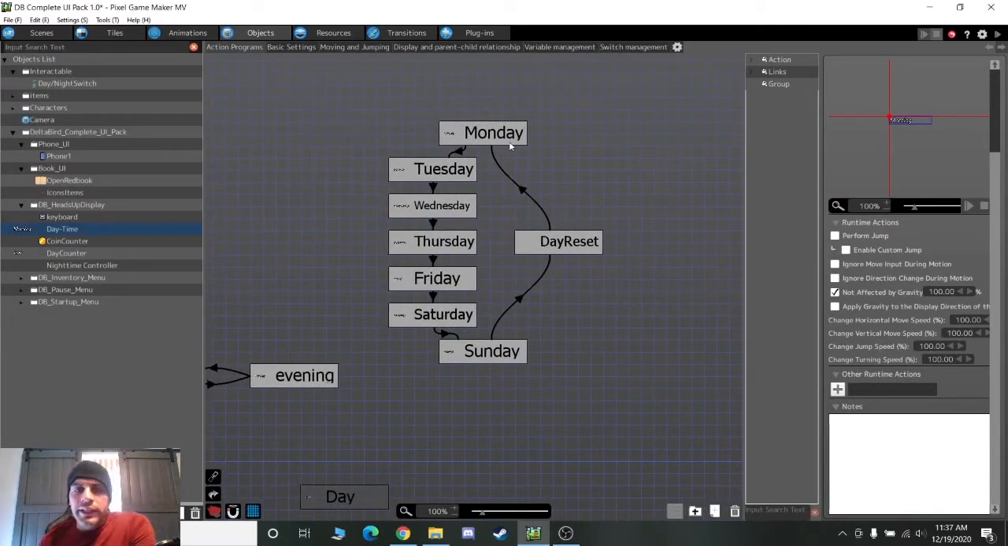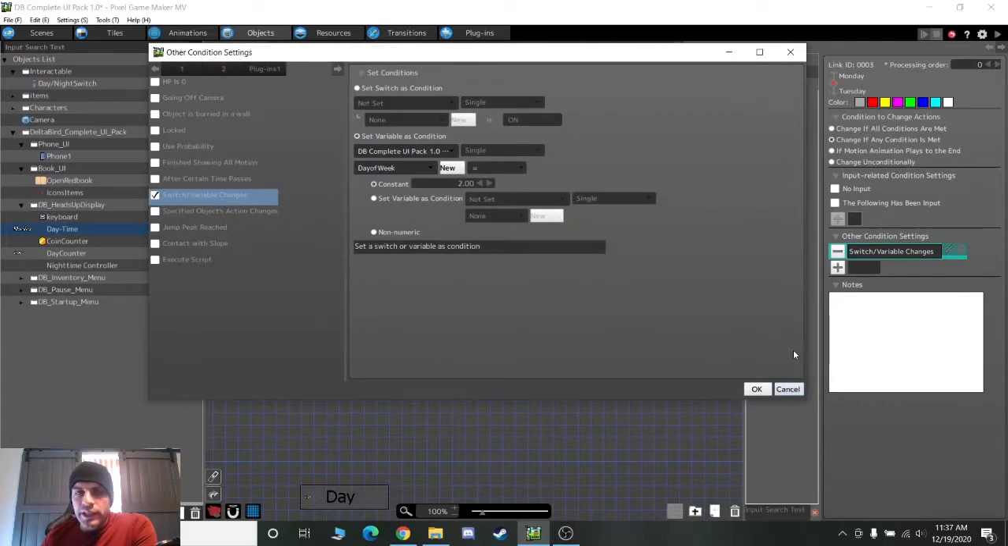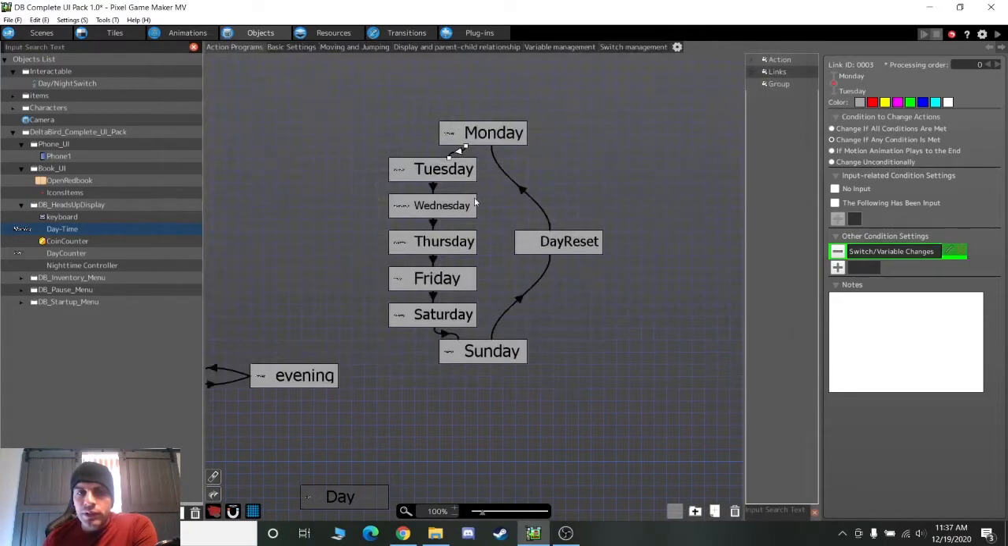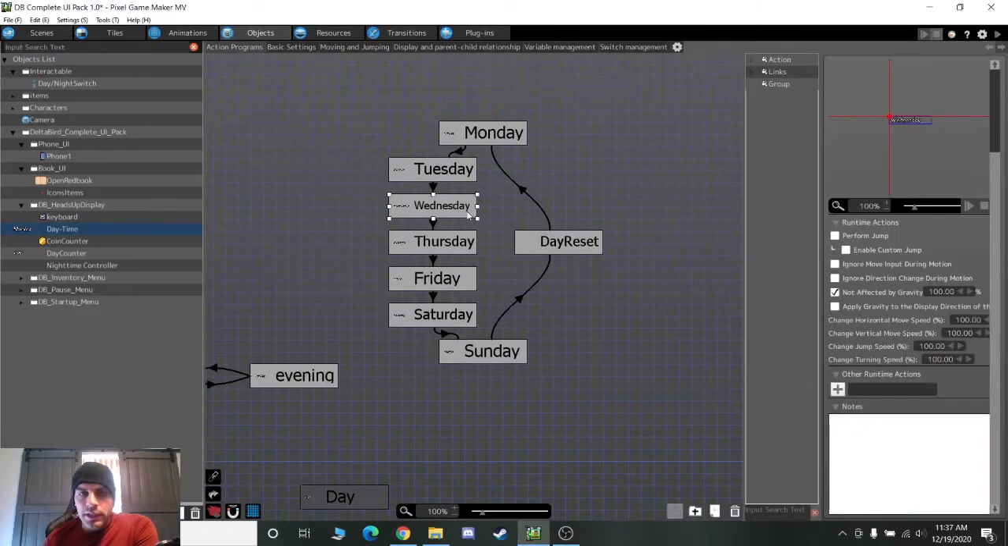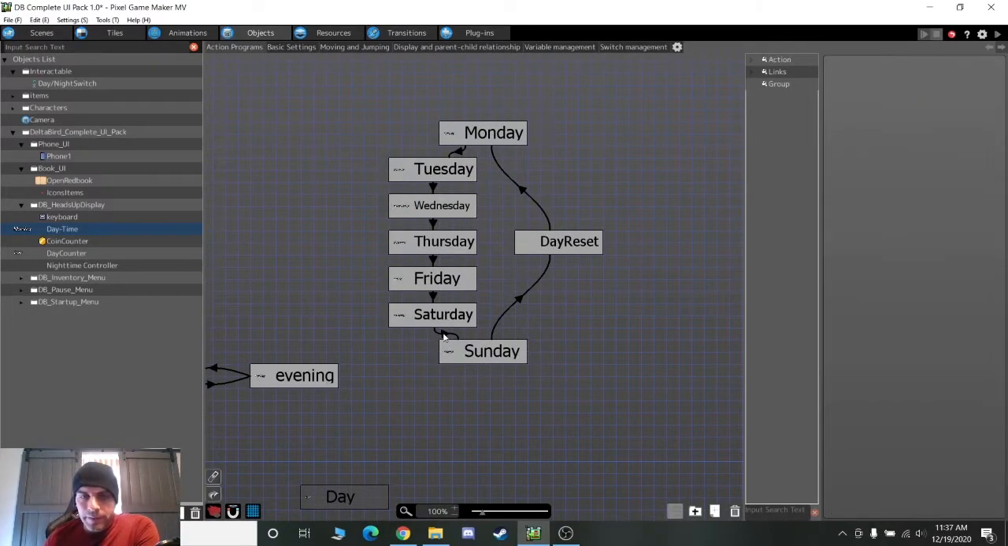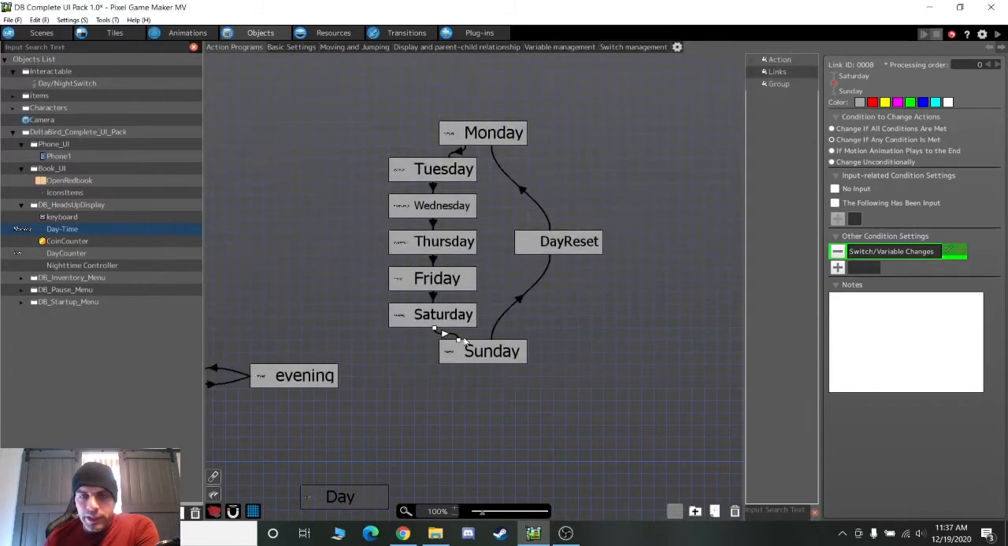This is where it feeds the player what day it is. It'll start on Monday, and if the variable is now 2, it's going to go to Tuesday. If the variable is now 3, it's going to go to Wednesday. All the way to Sunday, right? If the variable is 7, there's only 7 days in a week, it is now Sunday,